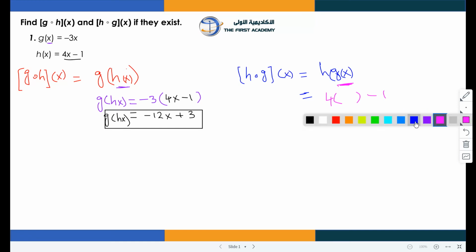I'll replace the x with the value of g of x, which is negative 3x. Now I'll just simplify it. I replace the value: 4 times negative 3x is negative 12x. Negative 1 will come without change because 4 is multiplied only with this. So this is my final answer, h g of x,